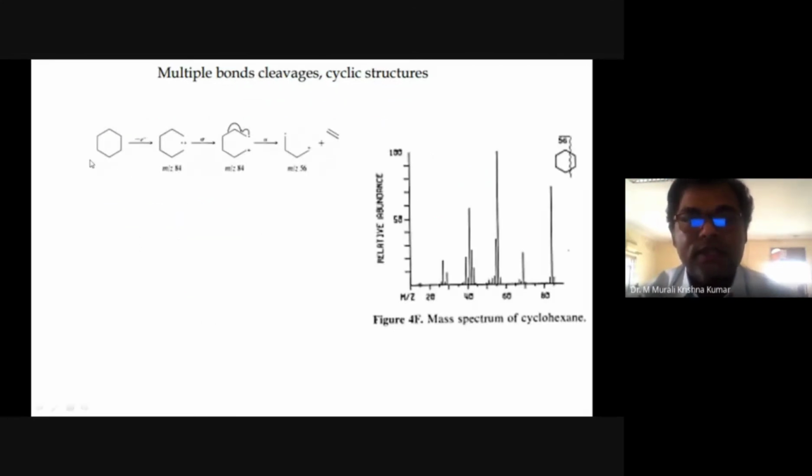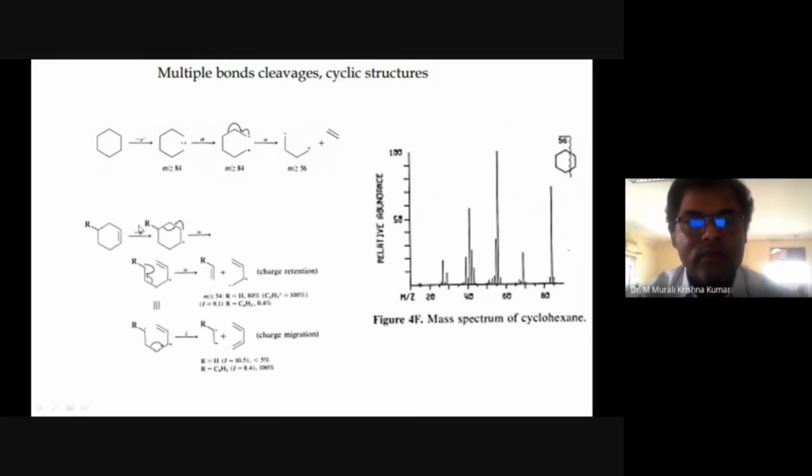So even if you take cyclohexane, the fragmentation happens like this, so that a diene and a dienophile are formed, and then an equivalent of a diene, because here you have the free radical, here you have the positive charge, and you can have a double bond over here and here. Okay, this is the way how fragmentation is happening. We'll have a detailed discussion on this in the later slides.